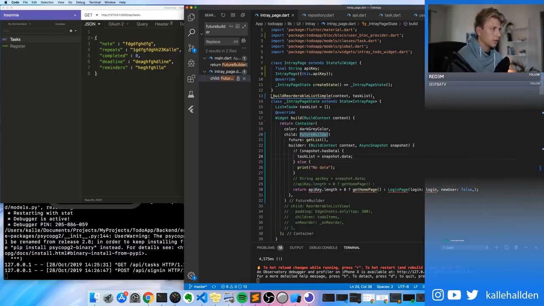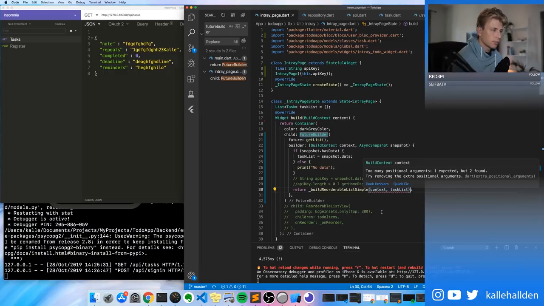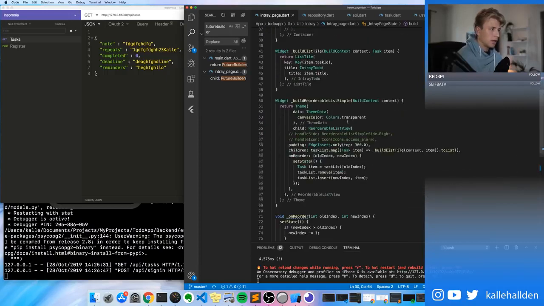Okay, and then this is what should be returned, I guess. Okay, and then in here we just need to type in list task list. Okay,